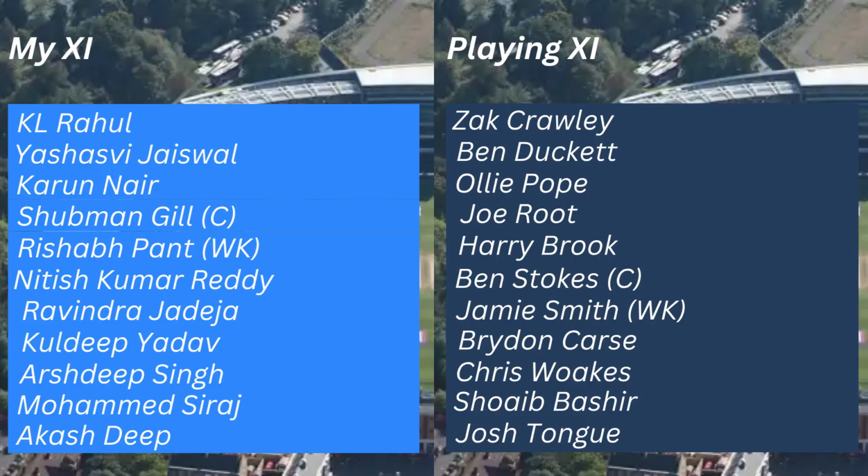And now we're going to compare the 11s, where if you're looking at the top four, KL Rahul, Yashasvi Jaiswal, Karun Nair, Shubman Gill for India, compared with Zak Crawley, Ben Duckett, Ollie Pope and Joe Root for England. Ben Duckett has been fantastic for a while. Zak Crawley played very well in the second innings of the previous match. Ability-wise, I'd always give that edge to the Indian opener, but Ben Duckett has been very good. Karun Nair versus Ollie Pope, I feel Karun Nair is more reliable. Shubman Gill versus Joe Root, I would take that. Shubman Gill scored a century in the first innings. So some could say it would be fairly equal.